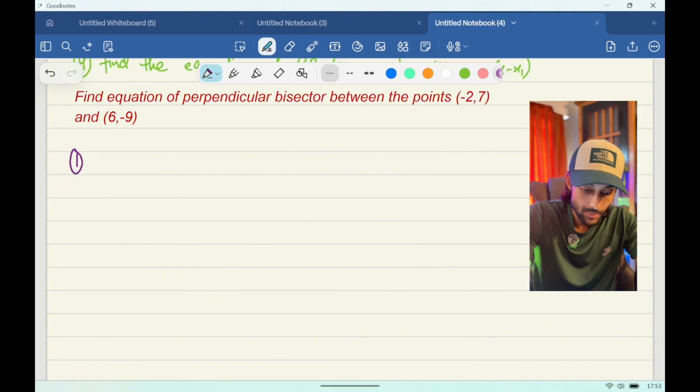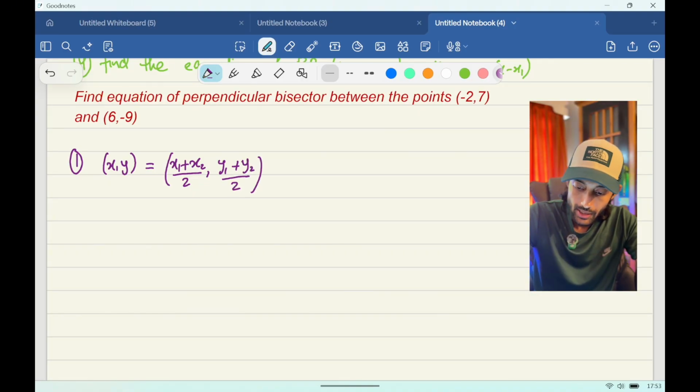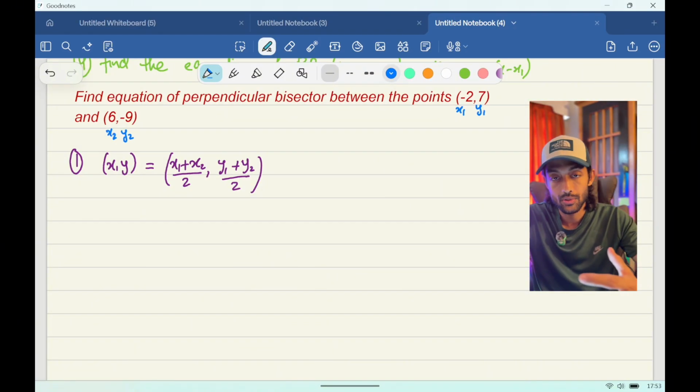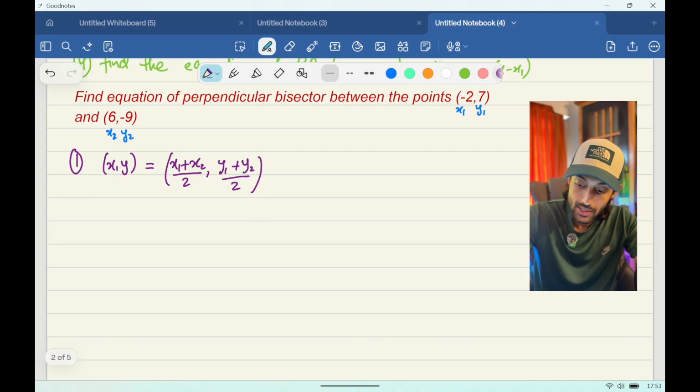So the first step is to find out the midpoint, which means that if you want to find out the midpoint, we always apply this formula, which is (x1 plus x2) over 2 comma (y1 plus y2) over 2, and I can clearly see that this is my value of x1, y1, and this is my value of x2 and y2. So you just need to input the respective values in the formula, and then you will be able to find out the